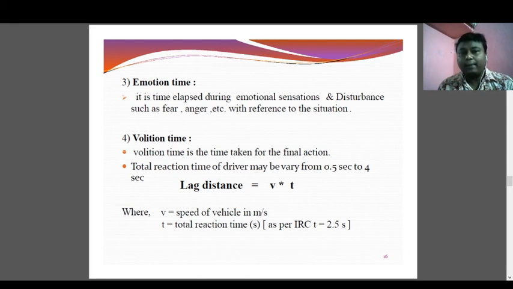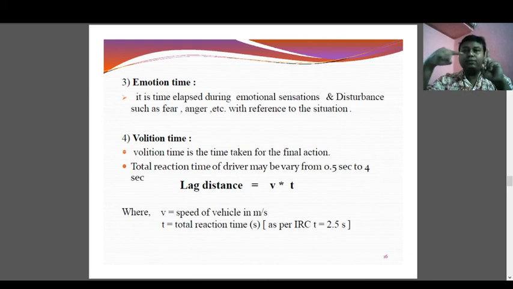They have to apply the brake, and they have to apply the brake from a certain speed. Suppose the vehicle is moving at 80 kilometer per hour, and one object is 200 meter apart from the vehicle. Suppose here is the vehicle coming and here is the object. So the vehicle has to move within this distance, from this point to this point, and they have to stop the vehicle.